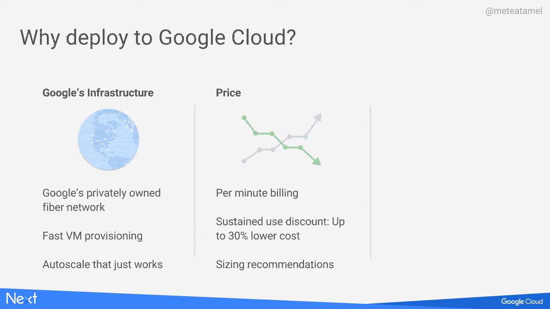If you use your VM for the whole month, you get an automatic discount of up to 30%, and you don't have to do anything about that. We just detect that you ran the VM for the whole month, and we give you a discount right away. If you have a VM with lots of CPU and memory, but you're not really using that, we detect your load and let you know, by the way, you can scale this VM down. You can decrease the memory, you can decrease the CPU, and run it cheaper because you don't need it. So we try to detect what you need and tell you how you can save.